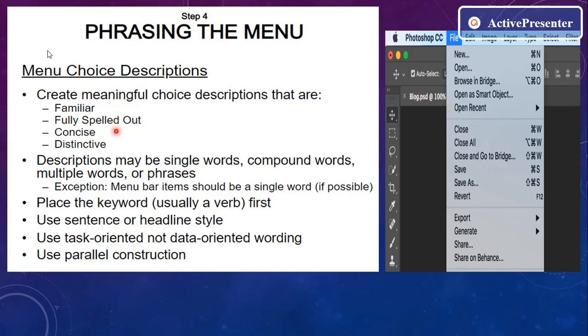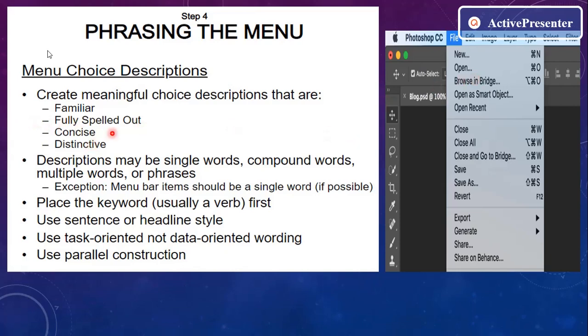Fully spelled out words means you have to avoid abbreviations when creating the menu. For example, words with shortcuts, something like IPB. Such abbreviations should always be avoided in menu choices.